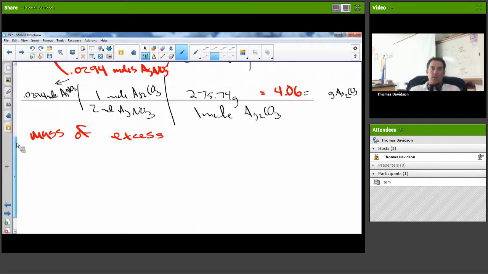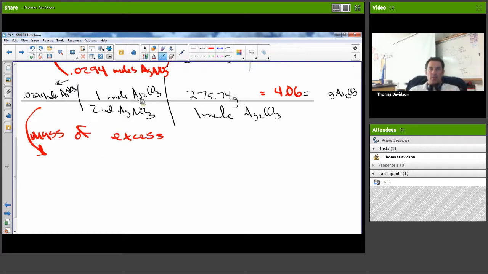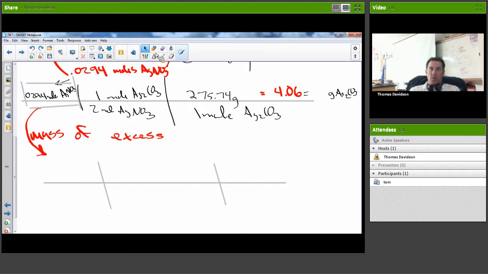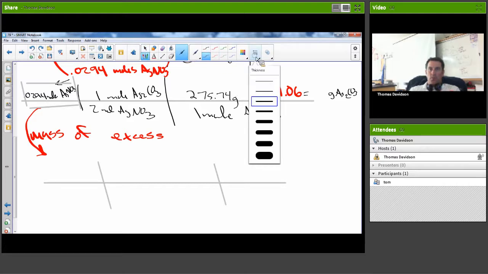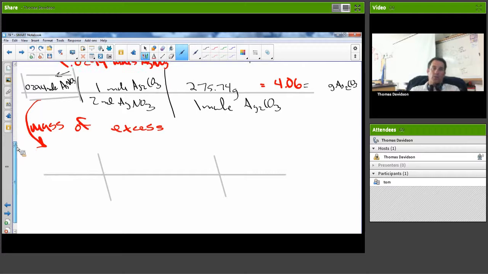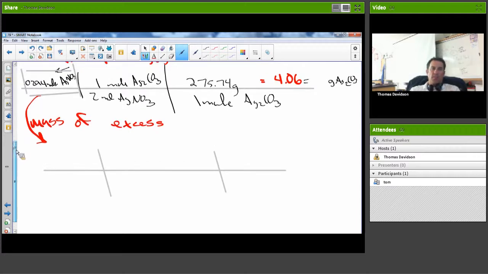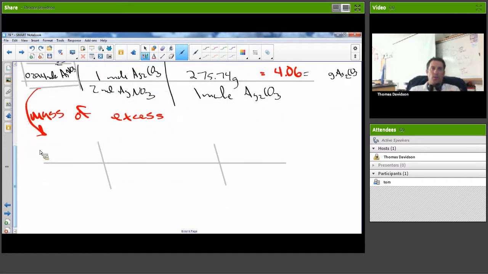So once again, it's another picket fence. I start with the same thing. Let me go ahead and set this up. Now, these are shorter picket fences because remember, I've already put this part in and solved, so I don't need that extra step unless you did it the longer way. It's not harder. But if you had 5 in there still, it's fine. 0.0294 mole